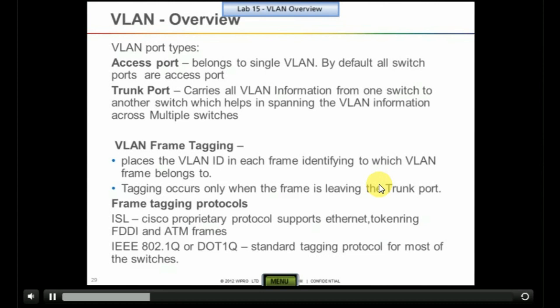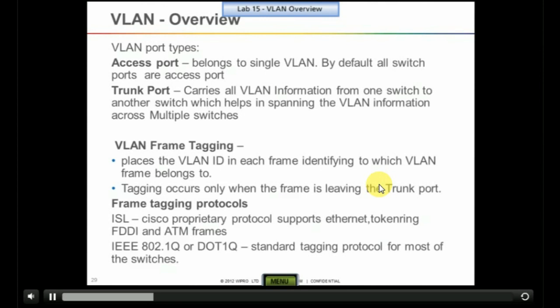The trunk port is the one which helps in carrying all VLAN information from one switch to another switch, which helps in spanning the VLAN information across multiple switches. What I mean to say is, I have created certain VLAN information in one switch, and this VLAN information has to go to another switch.